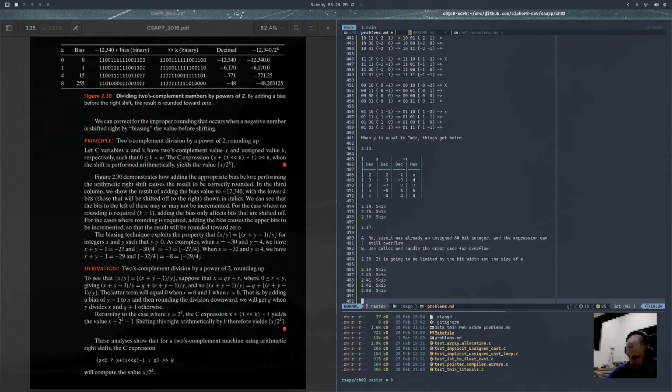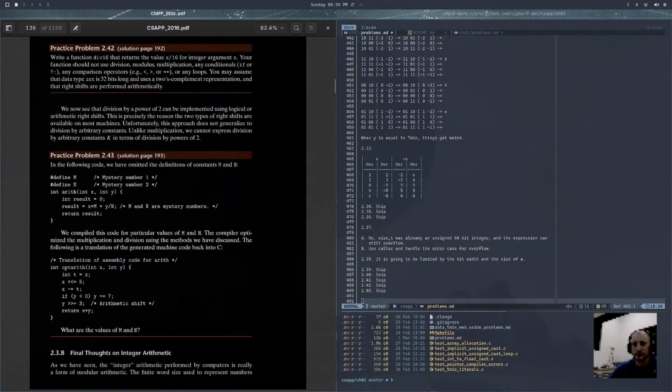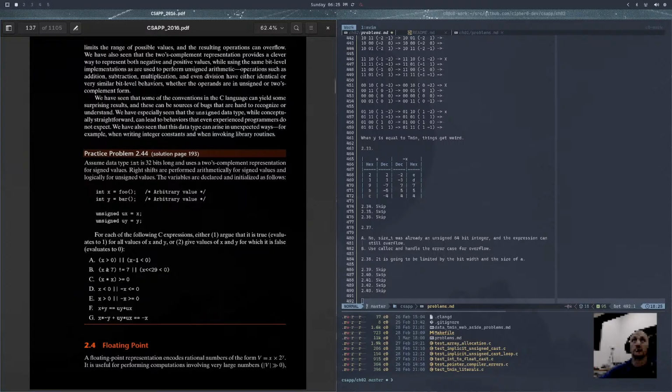Final thoughts on integer arithmetic. Sorry, I'm just reading to myself here because, well, it's working for me. As you've seen, the integer arithmetic performed by computers is really a form of modular arithmetic. The finite word size used to represent numbers limits the range of possible values, and the resulting operations can overflow. We have also seen that the 2's complement representation provides a clear way to represent both negative and positive values